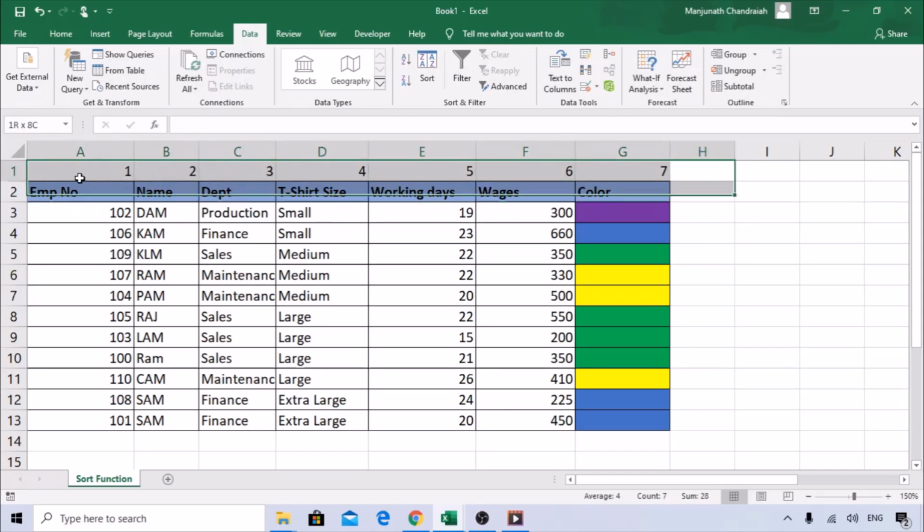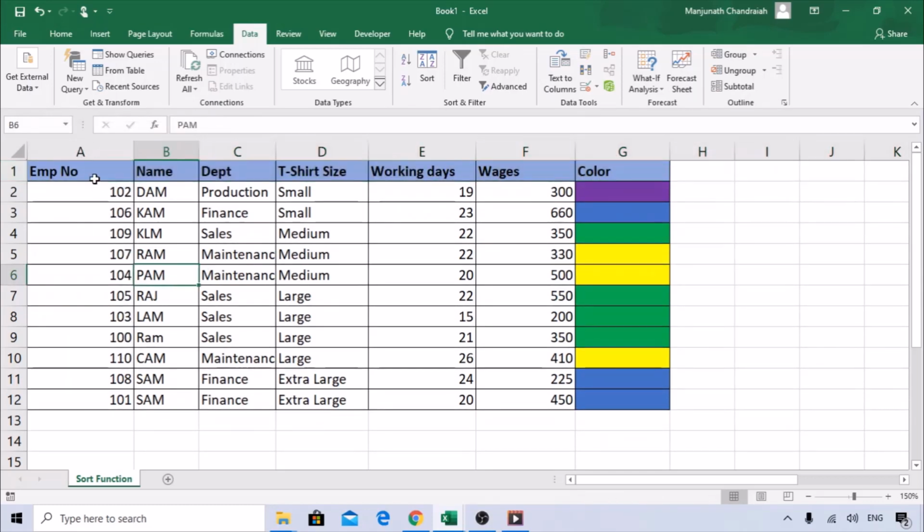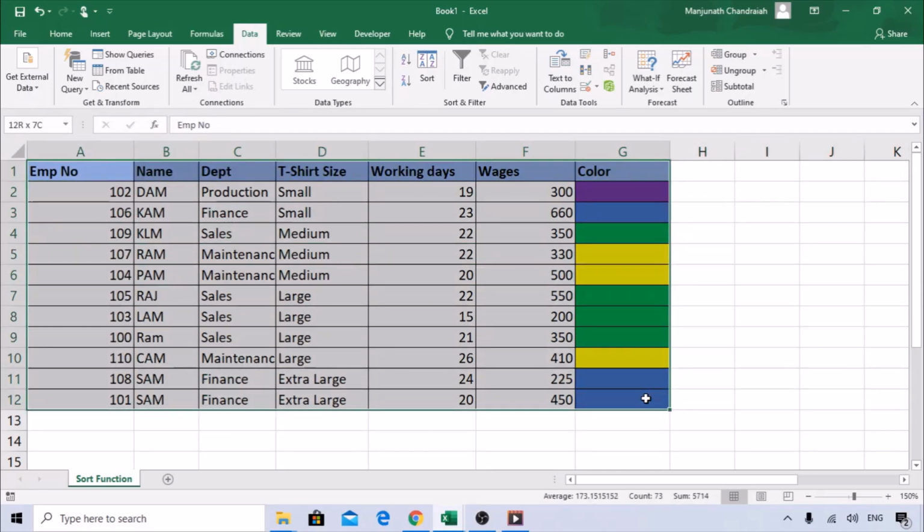You can set it for n number of columns. You need to give the numbers order, which order you want the column header, right? And just go ahead and delete the top row. Very simple now, guys. So easy to sort your column header, rearrange your column header based on your requirement. Just inserting a row and adding the numbers.